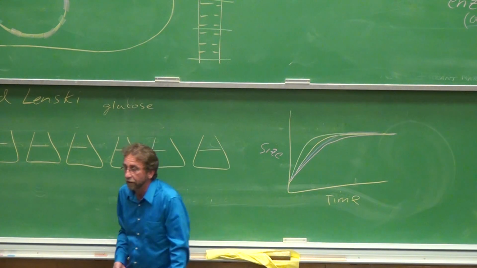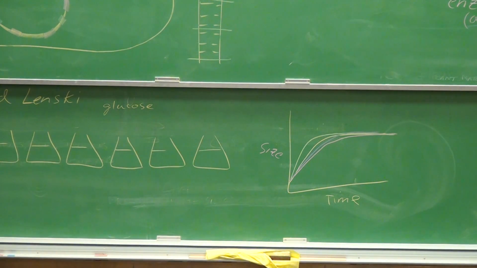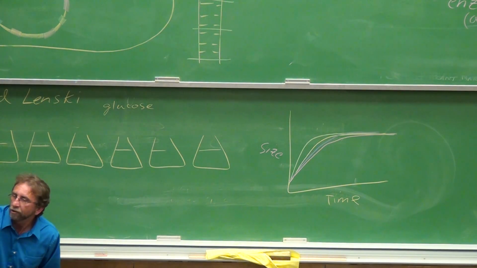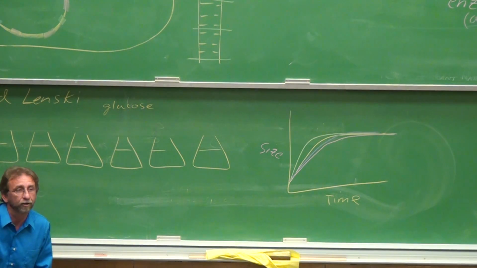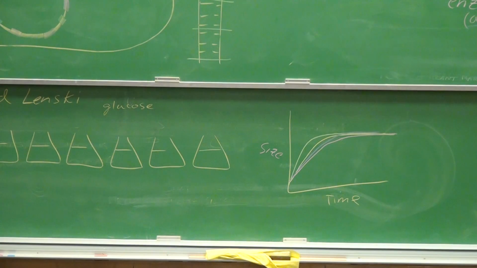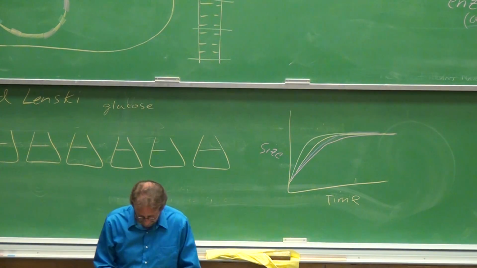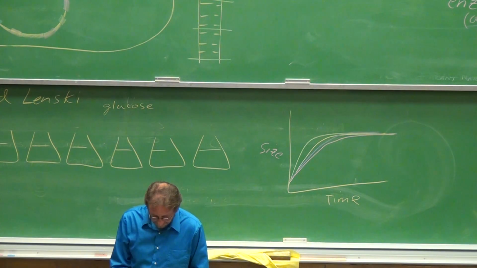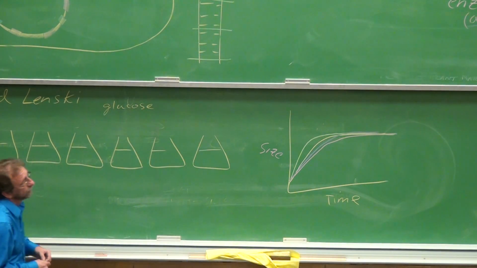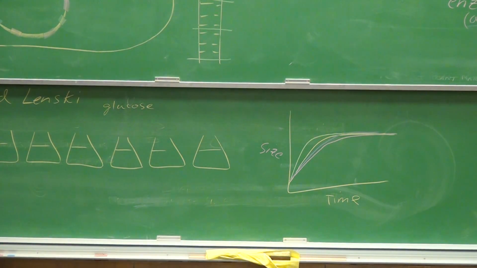and more efficient. But another thing that happened that was somewhat surprising is 2 of the 12 strains took the exact same route. They took the exact same mutational route to getting larger and bigger. Not surprising, is it? If you think about the selective pressures that are there. The selective pressure is the limiting glucose.